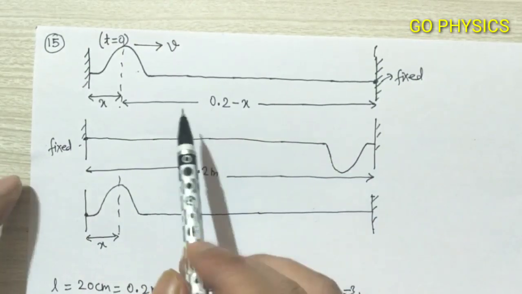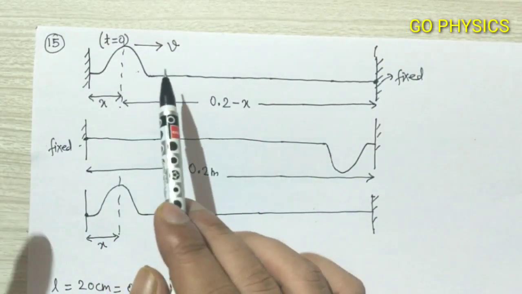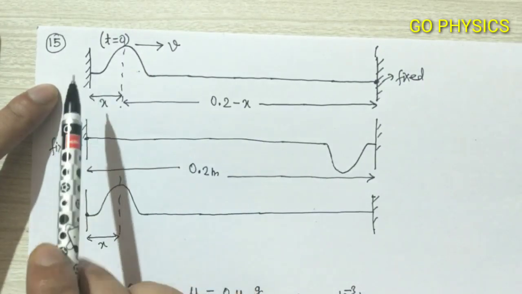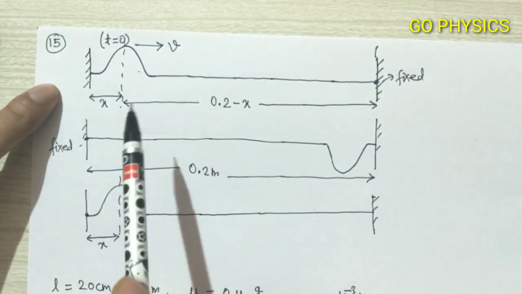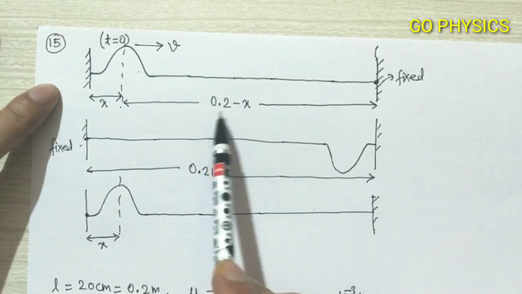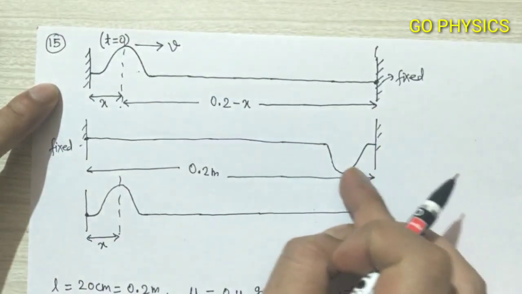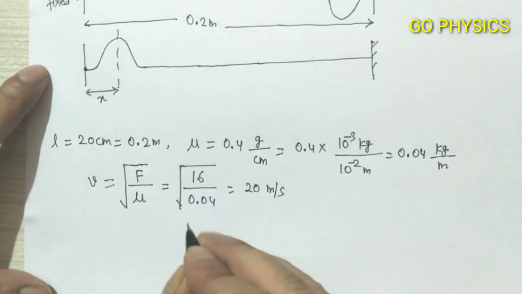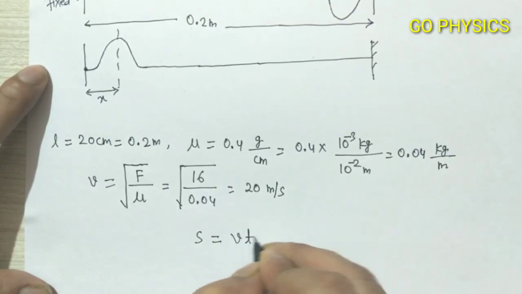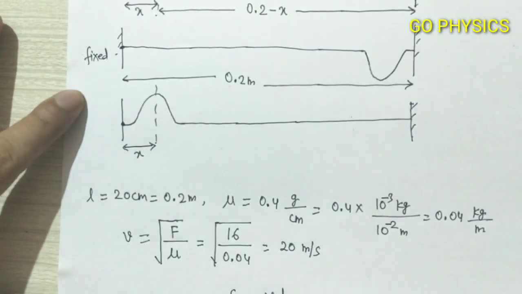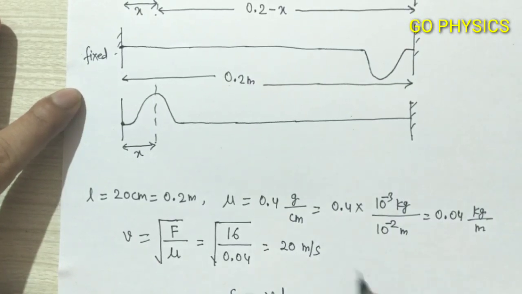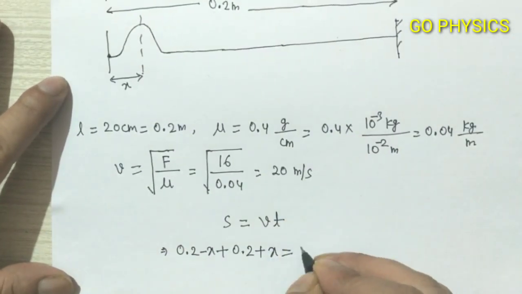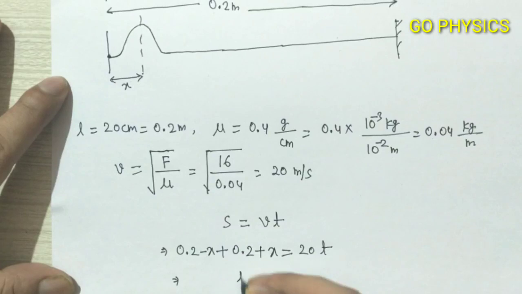Now let's see the total distance covered by the wave pulse from this situation to this situation. So the total distance is 0.2 minus x plus 0.2 plus x, and we know that total distance is equal to speed into time. From the diagram, 0.2 minus x plus 0.2 plus x equal to v into t. And v we got as 20, so 20 into t. From here if we calculate, x will cancel out, so t will come out